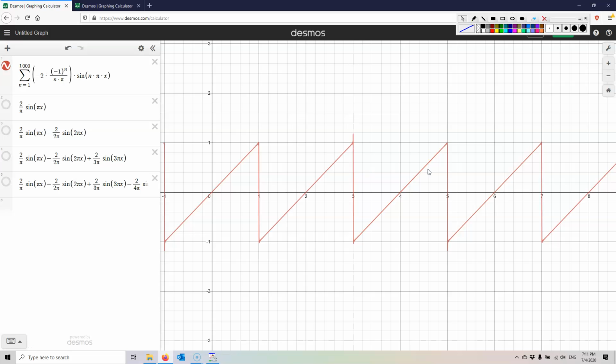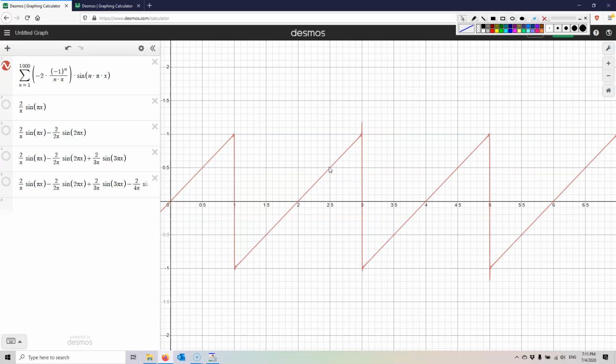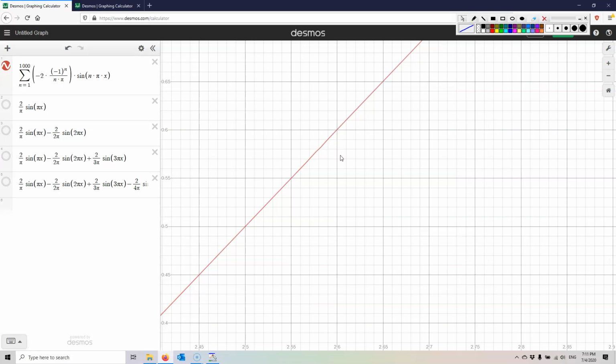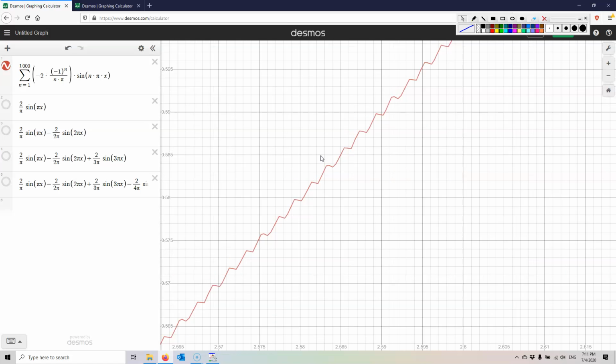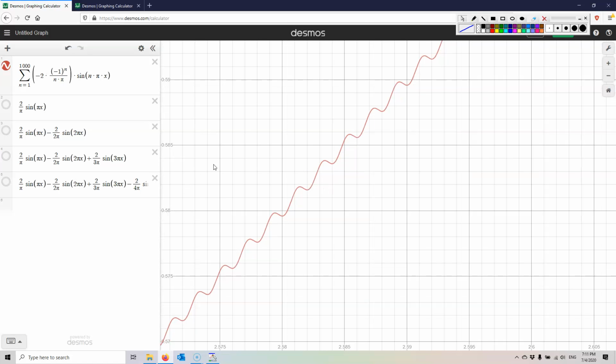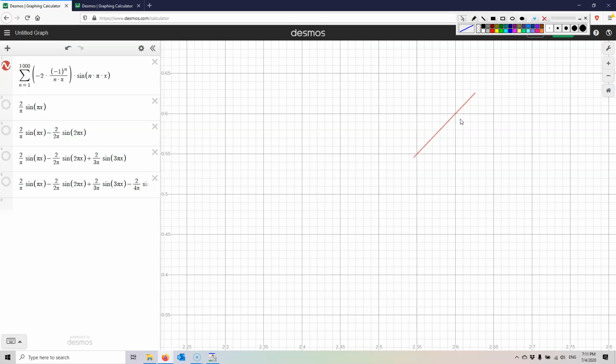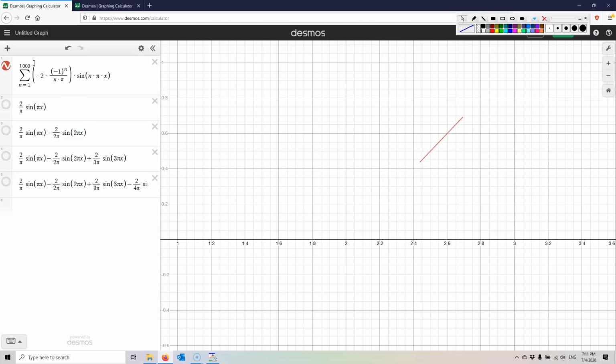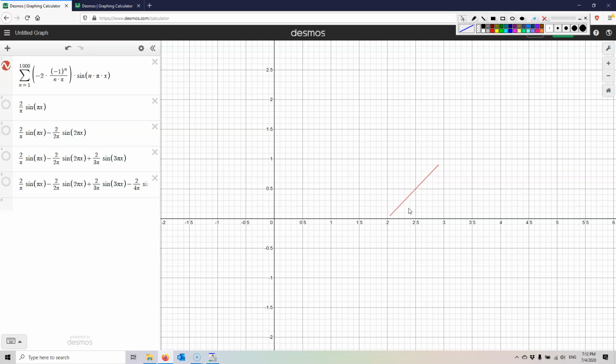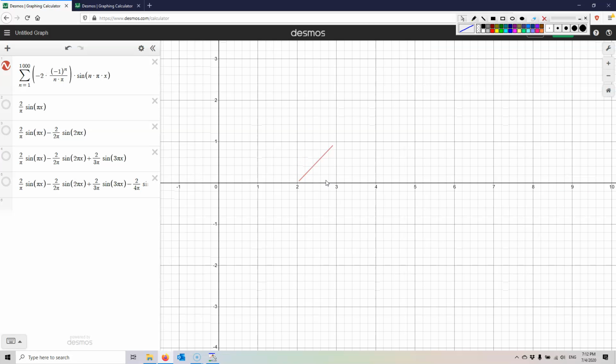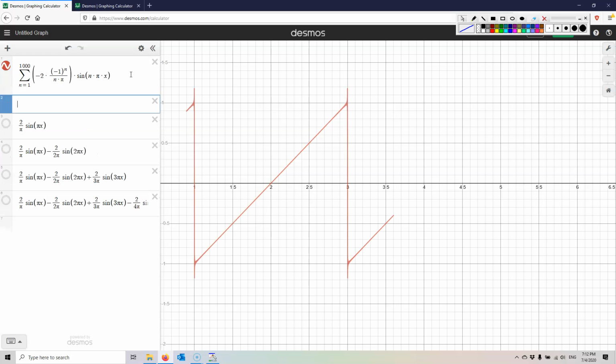I can build this function just by adding lots of sine functions, and the more sine functions I add, the better my approximation. It's not perfect. Let's zoom in, zoom in, zoom in, zoom in. There's a teensy bit of a wobble. There you go. You zoomed in really far, and you can tell it's not actually a straight line. But it's doing such a good job to approximate it. And I could imagine going to 1,000,000, right? Be totally indistinguishable.